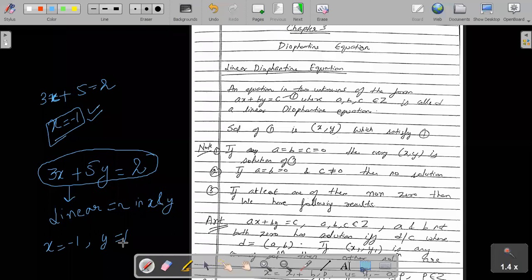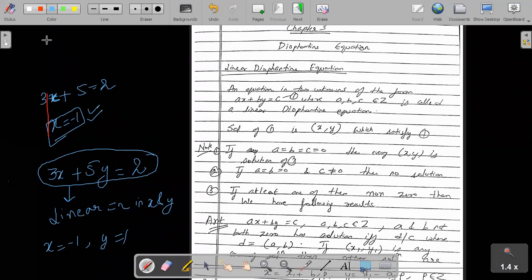Now the question is, is it possible to find the general roots of this equation? Is it possible to find all the integral roots of this equation? It is not the case that taking -1 or 1 gives all the roots. So are there any other possibilities by which we can find them? The answer is yes. There are general methods by which we can find the roots of this equation.